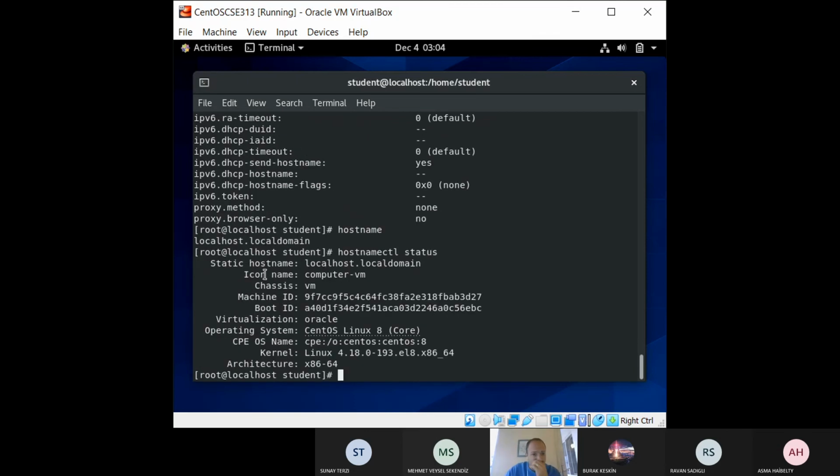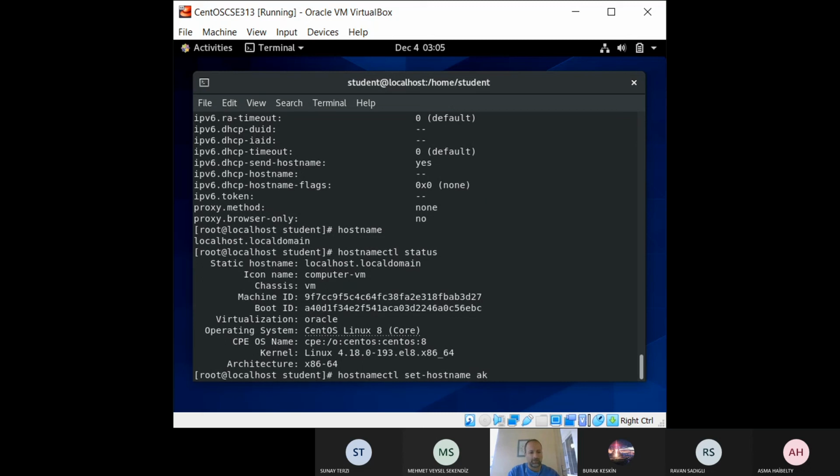So this is our static host name and some other information here. Now we want to set our host name to be something else. We want it to be, let's see, hostnamectl set-hostname to be,